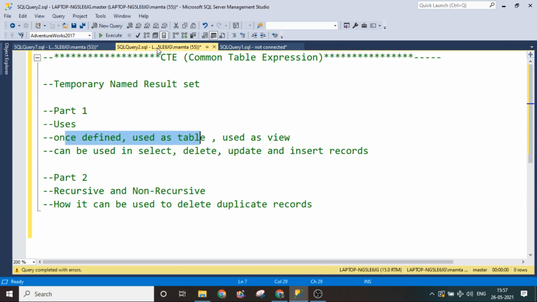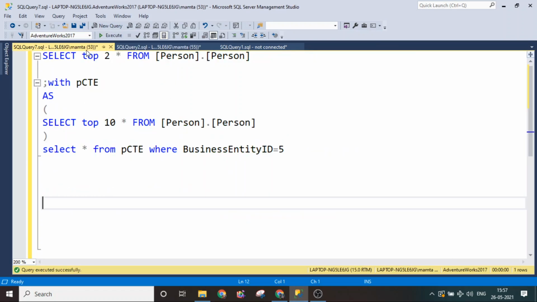Now the next is how we can use it as a view. So how can we do it? A view is basically like a table where you want to get data from multiple tables, which is quite frequently used in your reporting or elsewhere. Instead of always fetching the data by joining these two or three tables and displaying it in the report, you can create one view which will have that data, and then fetch the data entirely from the view only. Okay, so it is reducing your workload.